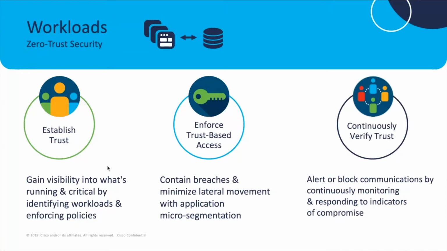And then if it is, and it still gains access to our network, and it looks fine, but next week, all of a sudden, it has a breach, well, what are we doing to segment that traffic and to contain it? Well, let's say it does remediate itself and redeem itself and has access to the network again because it is normal traffic. Are we alerting the correct people or monitoring and responding to the indicators of compromise within an actual environment? So we continuously need to make sure that we're verifying trust within an environment. And to do that, we must have some way of visibility within an environment to identify that.